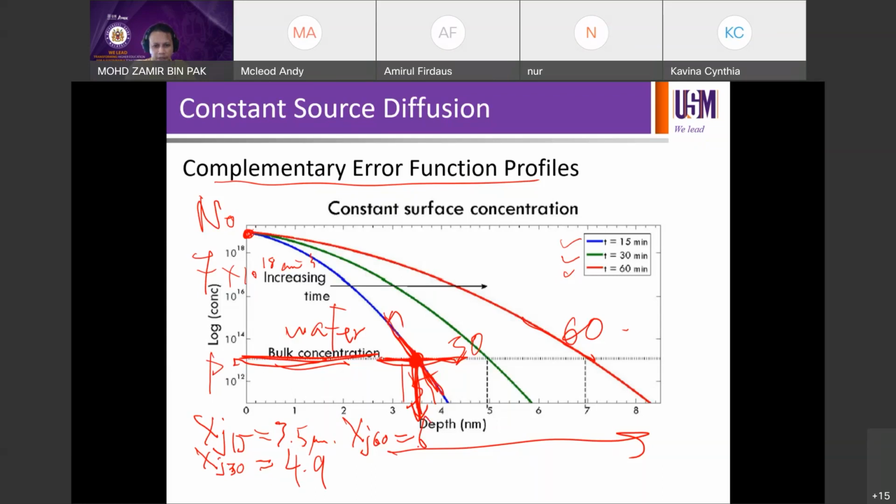Yeah, lebih kurang 6.9, right? Close to 7. Yeah, close to 7, right? So that's how you determine, very simple. Okay, notice that if you use complementary error function profile,